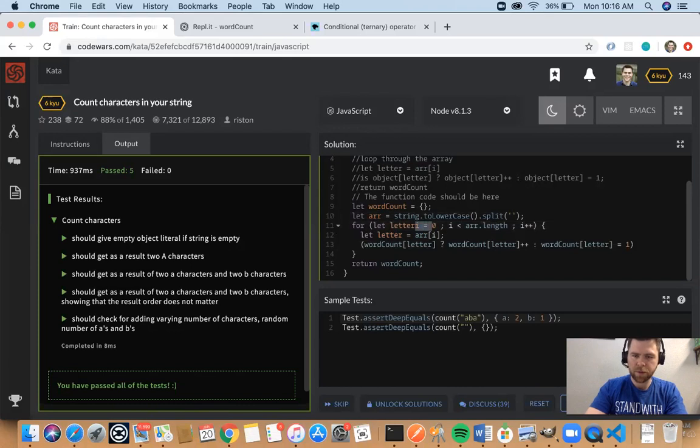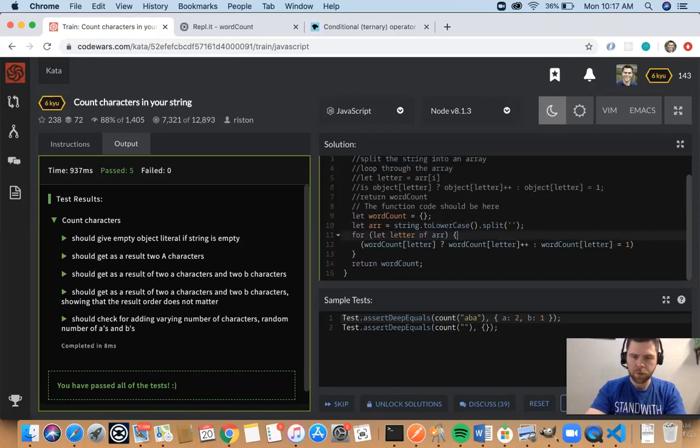Let's see if that works. Let's try to make this a for in loop. For letter of array. For each letter in the array. Oh boy, I don't know if this is going to work. Okay. Word count at letter. Does that still work? That still works. Word count at letter, because now it's just letter.